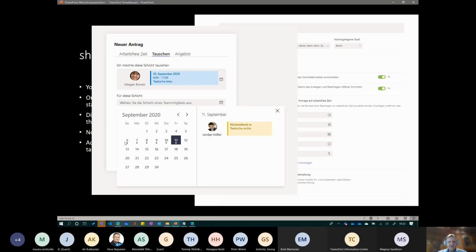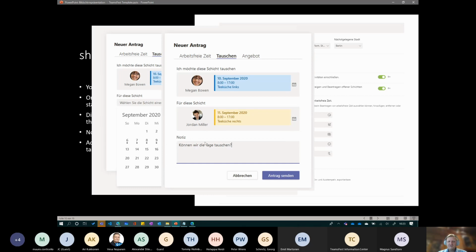This is a Friday, so you can see the underpoint numbers are where Megan has assigned shifts. And on the 11th of September, Jordan Miller already has a shift, which can be swapped. And then she makes the request